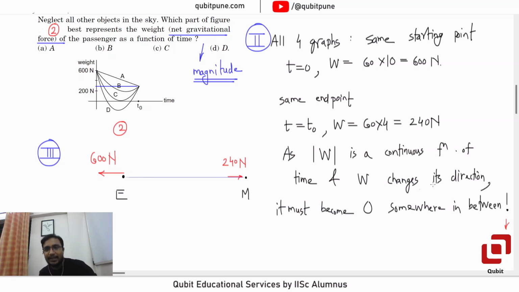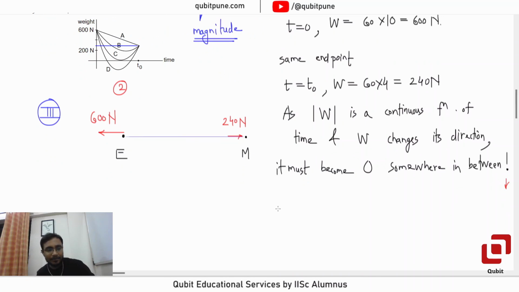So that is as good as applying the intermediate value theorem. Therefore, by the intermediate value theorem,